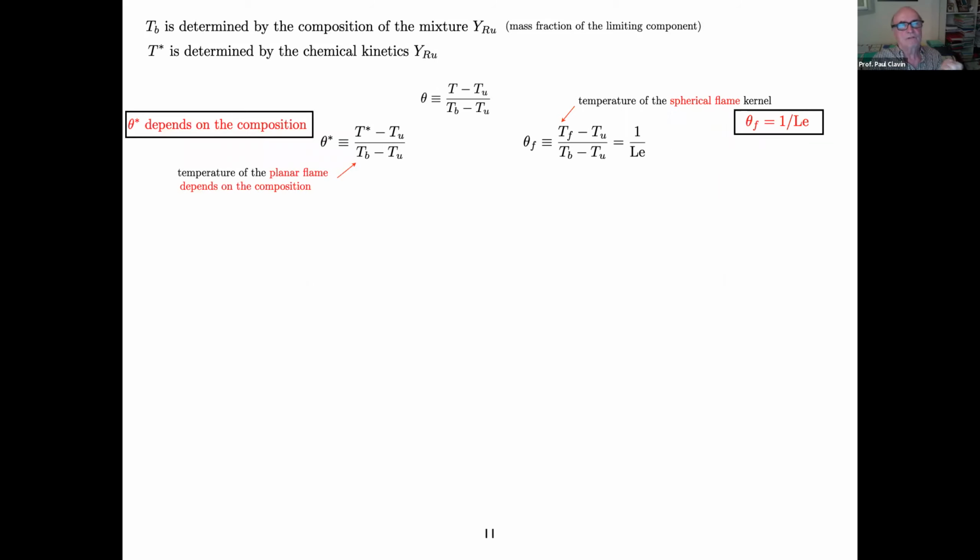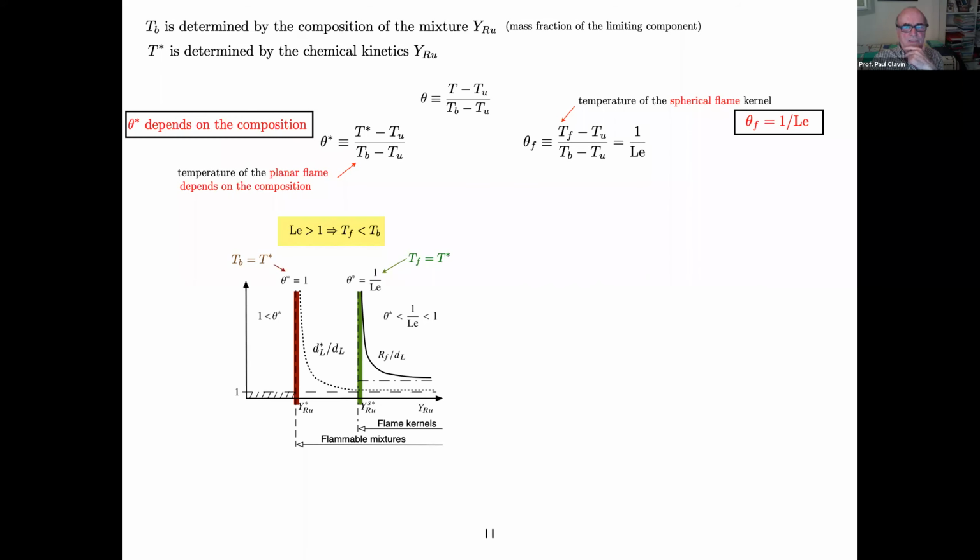So you have the temperature Tb defined by the composition of the mixture. You have T star, which is determined by the chemical kinetics. And now let's consider first the case of Lewis number larger than unity. In that case, Tf, the temperature of the Zeldovich solution, is smaller than the adiabatic temperature, and there is the composition for